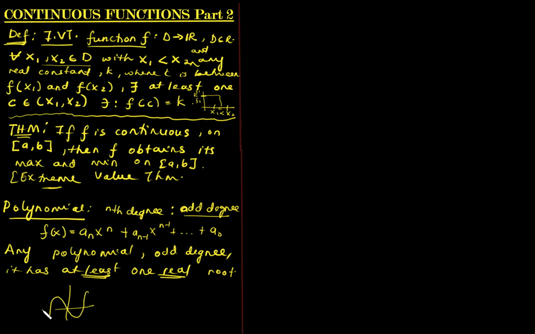As long as it is, and I would say it's odd power, right? So cubic is odd power, or fifth power. So these are all odd powers. It will cross the x-axis at least once. So that's what this corollary says. Okay, the other theorem that I'm going to talk about here is